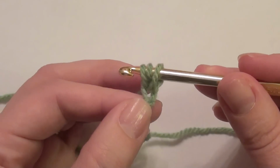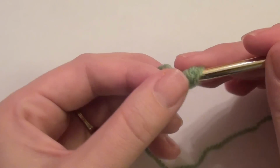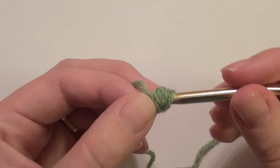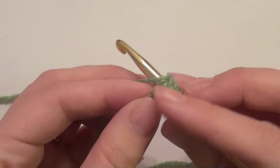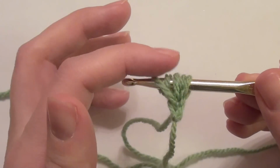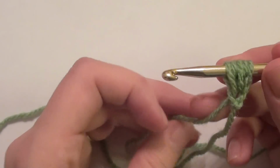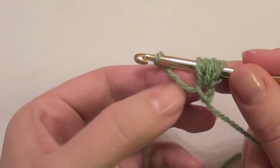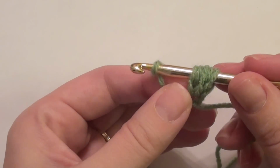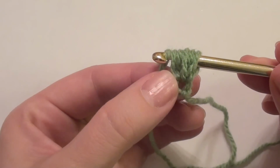Grab that yarn, pull up, yarn over, and you're going to place your hook into that first chain again, and this is 3 times, so we did that 3 times. Pull up, and then you have these loops on your hook about the same distance and length. Then you're going to yarn over, grab a hold of this yarn right here, and you're going to hold that because you're going to use that when you pull through. So you're going to yarn over, pull through all your loops, hold that loop right here,